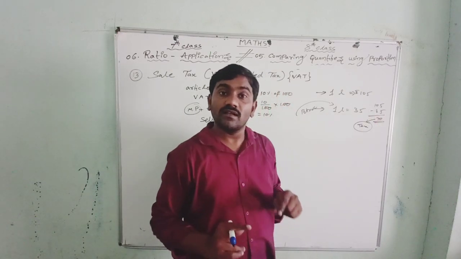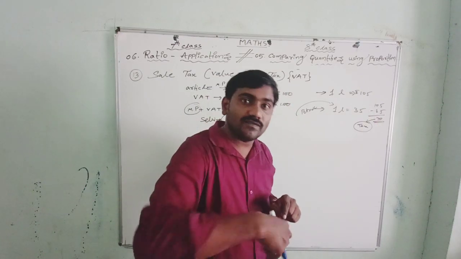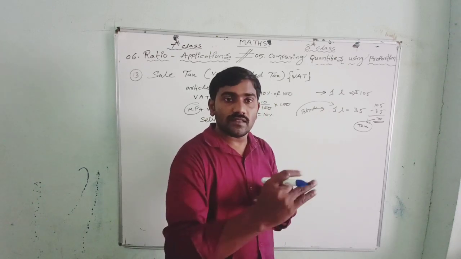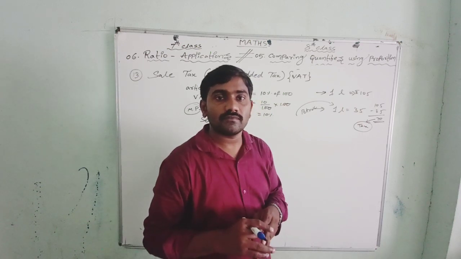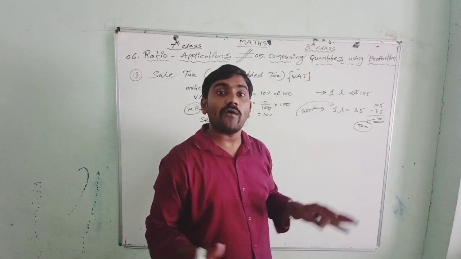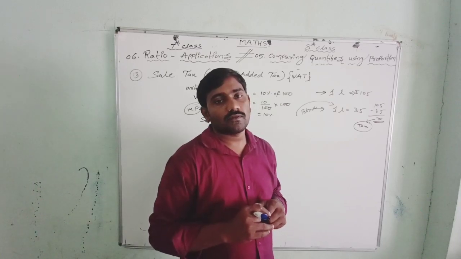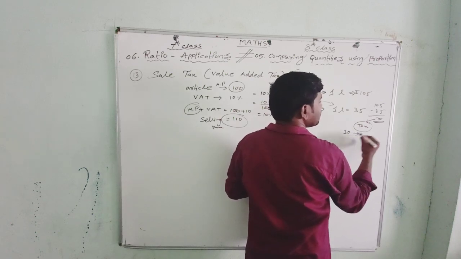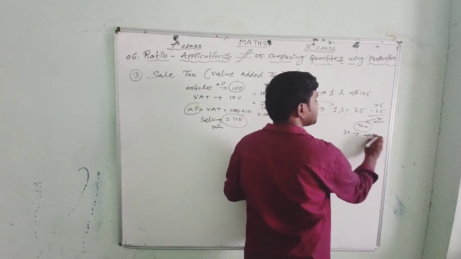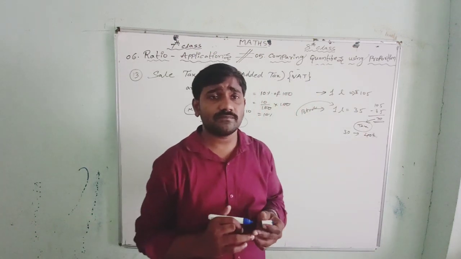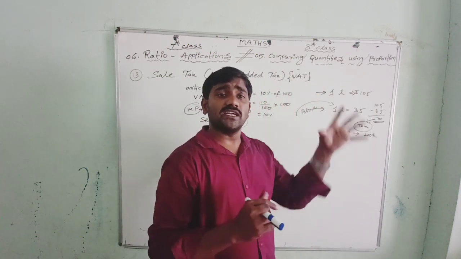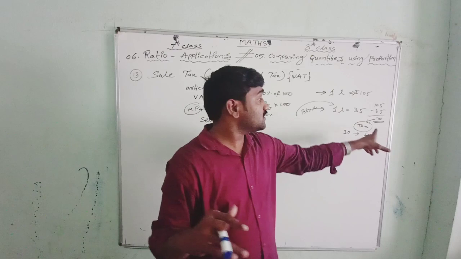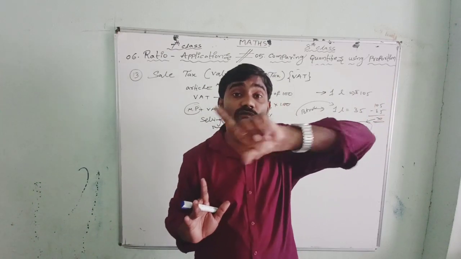In this tax, there will be state government tax. Our Telangana government is putting some taxes, Andhra Pradesh governments are putting some taxes, and the central government also puts some tax. The central government may take 30 rupees from this, then the remaining 40 rupees may be taken by the state. Accordingly, they have some percentages. What is the central government percentage on this and the state government percentage? Altogether they are collecting near about 70 rupees from 1 liter.